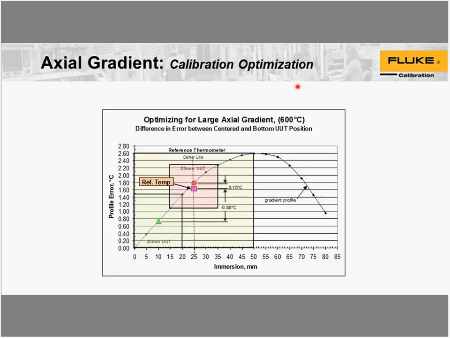Extreme example, and I'll show you a trick that you can use. That was a fairly high temperature, 600 degrees C, so if there's going to be an axial gradient error, you should see it at that temperature. And you see that this particular unit that's being tested is pretty severe. We've got a grid, we made a 50 millimeter